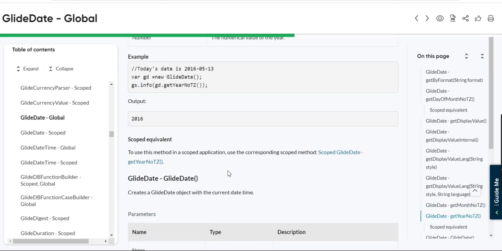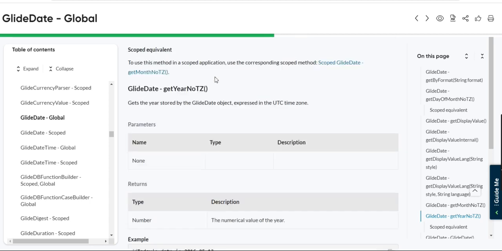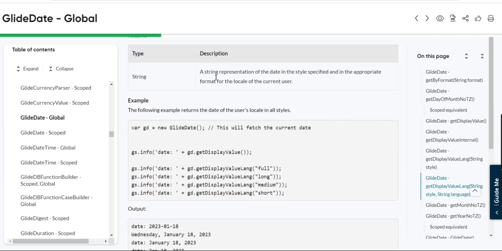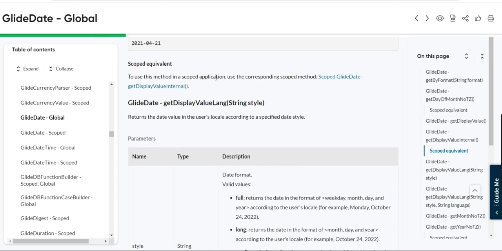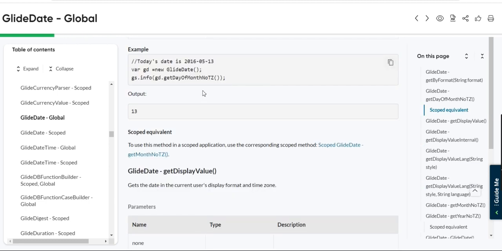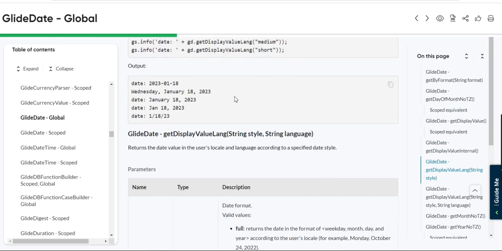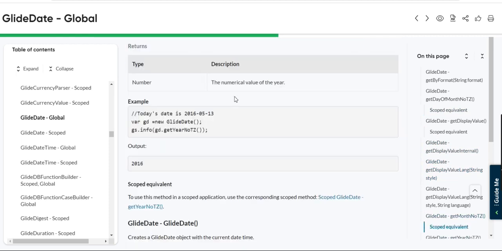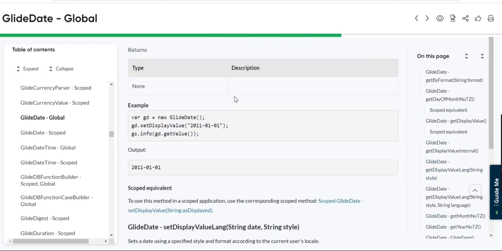And next, the year method. So which year? Okay, so that is getYearNotch. And for the date also, getDateNotch, getDisplayValueInternal, getDayOfTheMonthNotch. Okay, so that is also identified here. And this one,